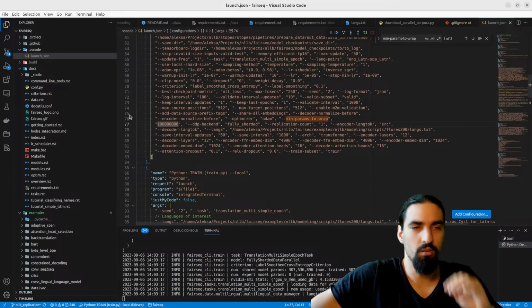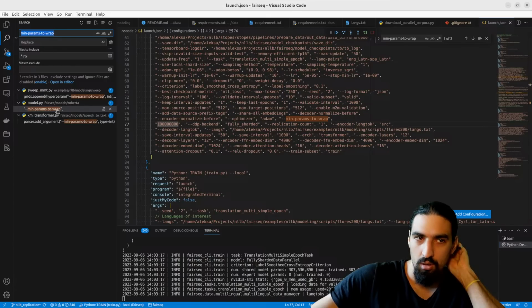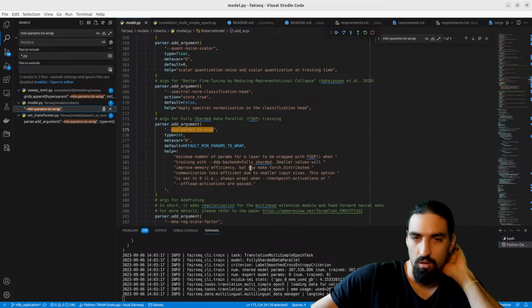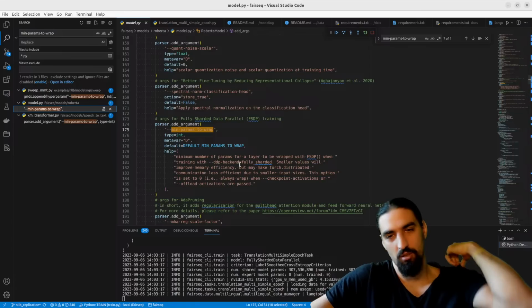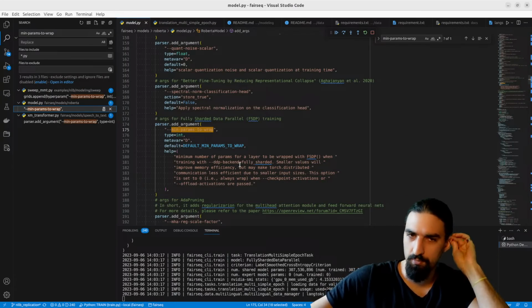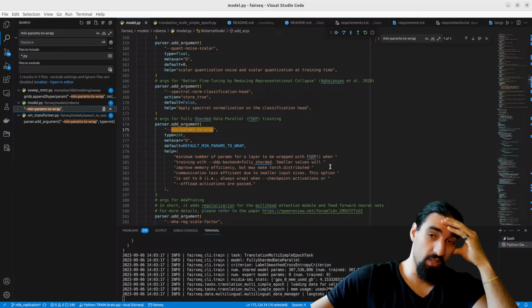We're at 600 million, so that means, for a layer, minimum number of parameters for a layer to be wrapped with FSDP when training with fully sharded.